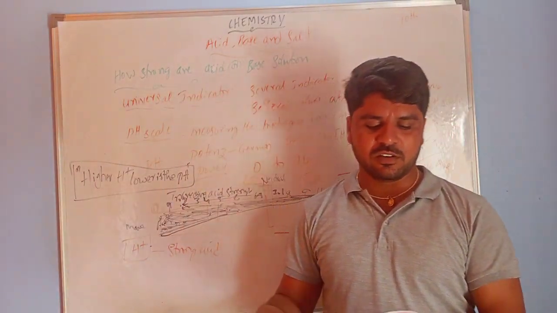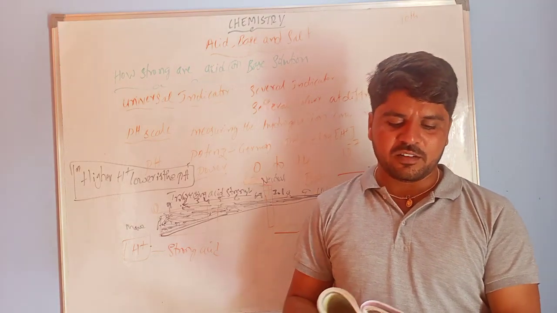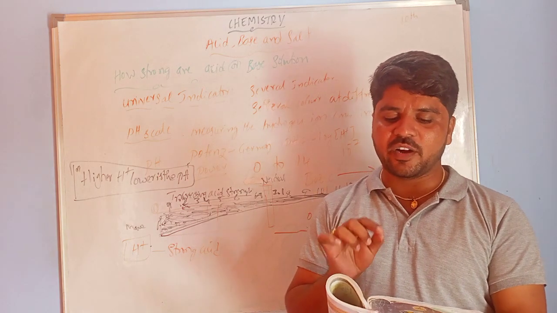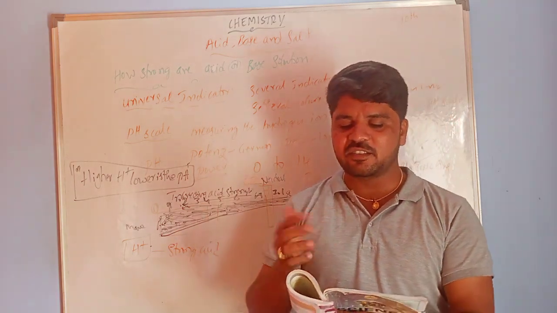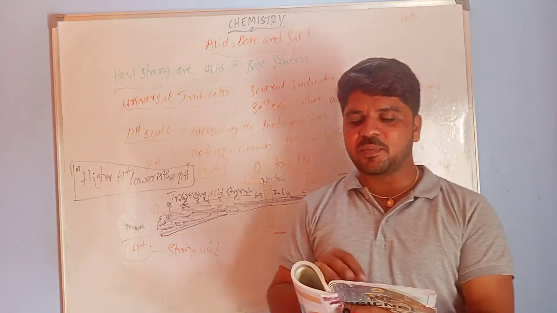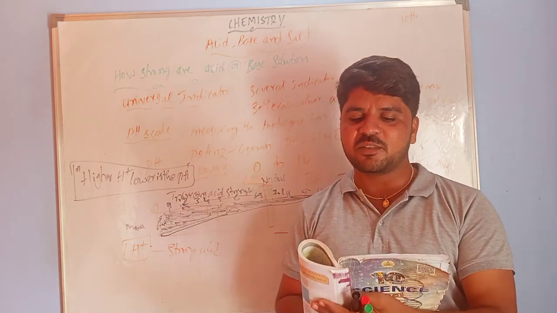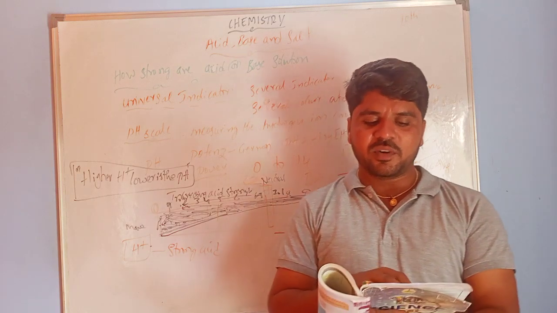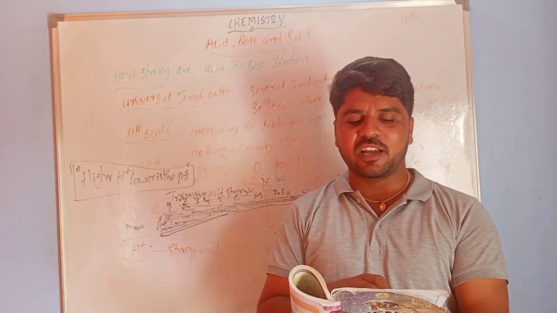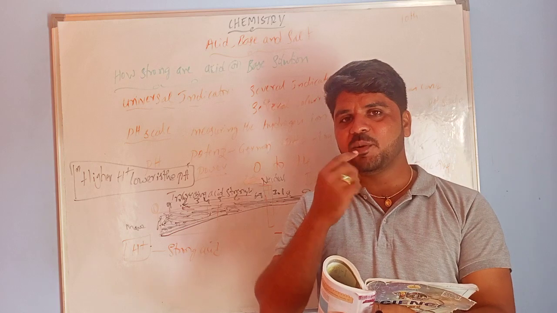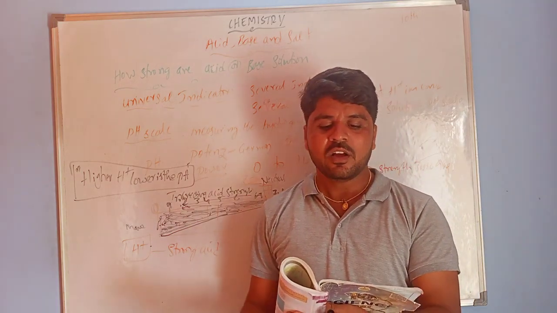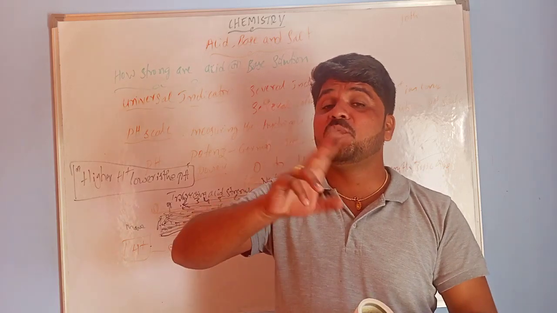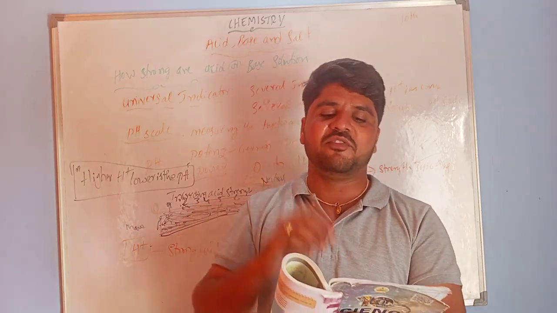In those solutions, saliva before meal and after meal is there. And we have to identify which indicators we have to use: the color of the pH paper, the approximate pH value, and the nature of the substance. See, the saliva before meal and saliva after meal, the saliva present in our mouth. There is no big change between after meal and before meal.